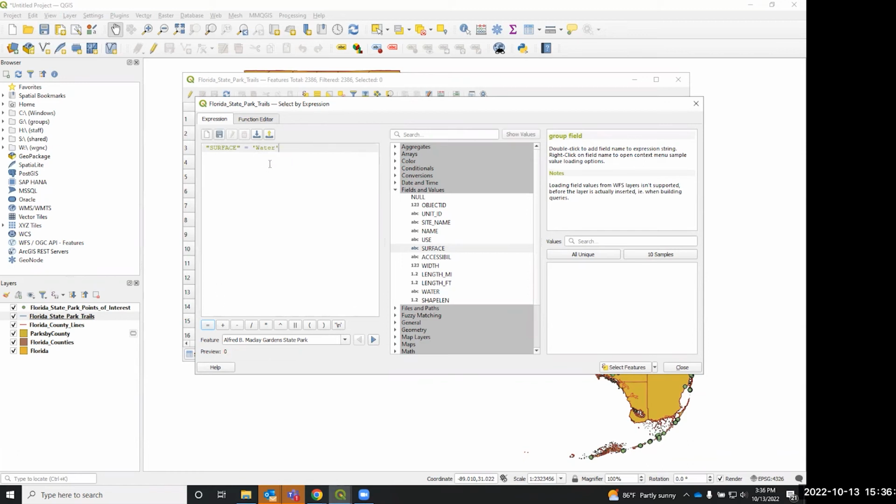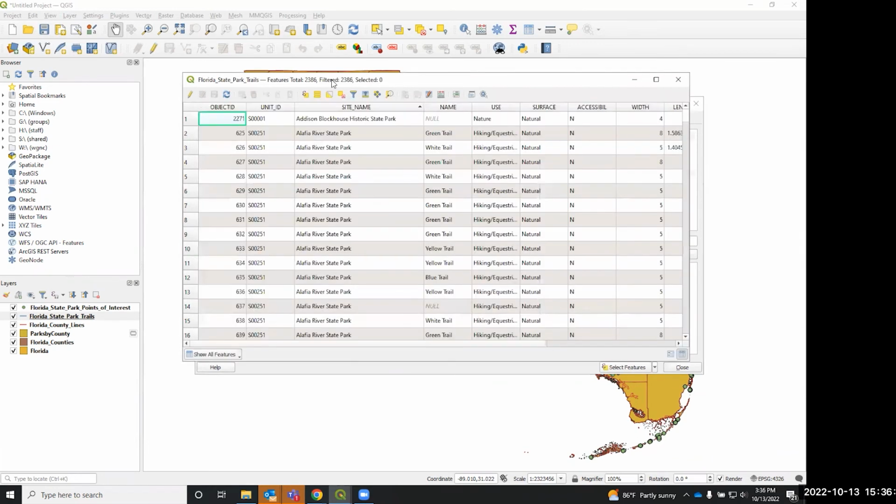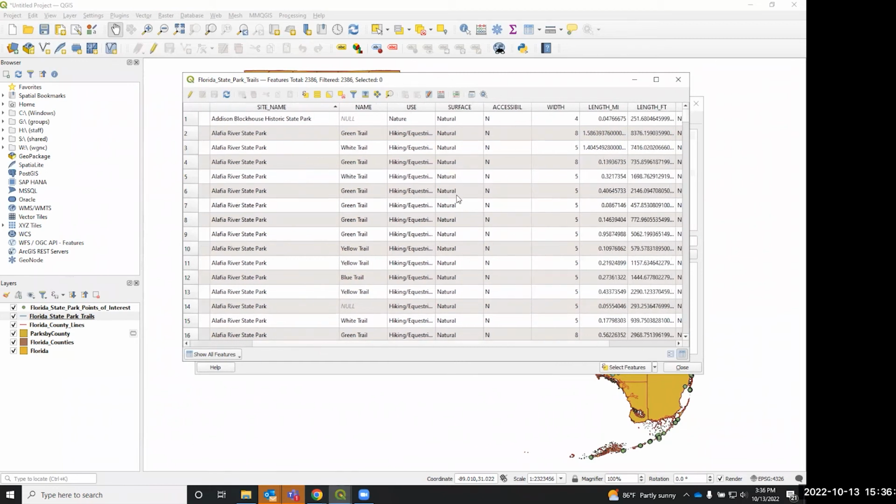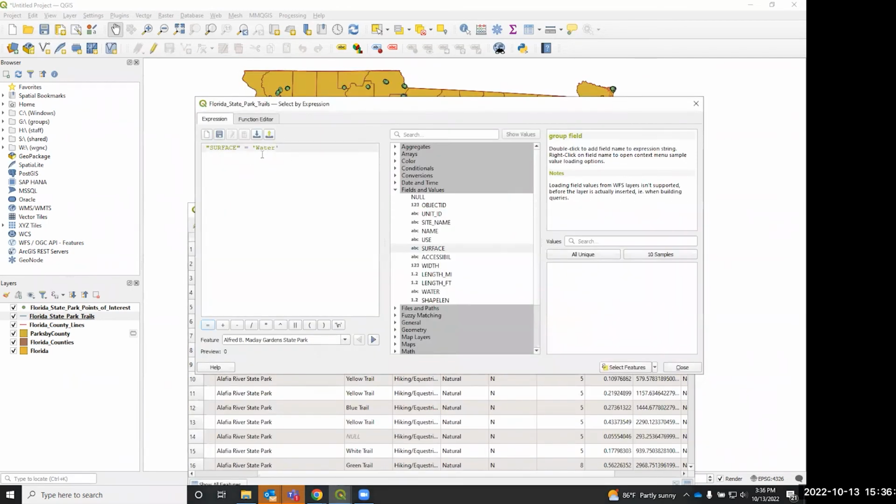Okay, so now if you were ever unsure, what you simply need to do is come back to your trails and check out what types of surface. Here's my surface, like natural, water, and you just want to match the capitalization. So if it was in all caps, you would type it in all caps, all lowercase, all lowercase. And also make sure you put a parenthesis